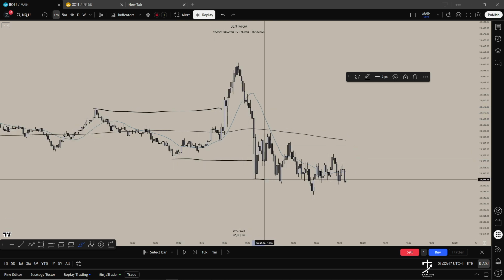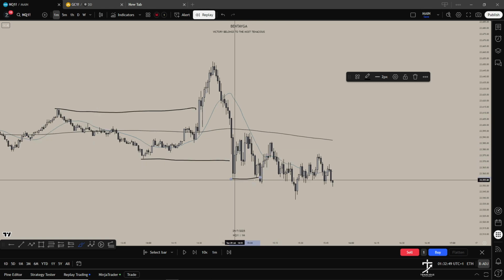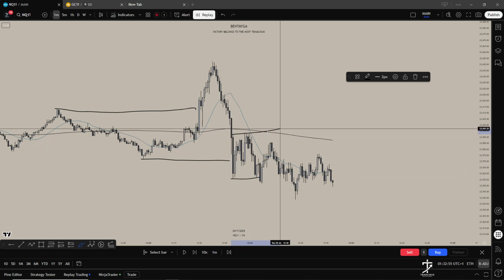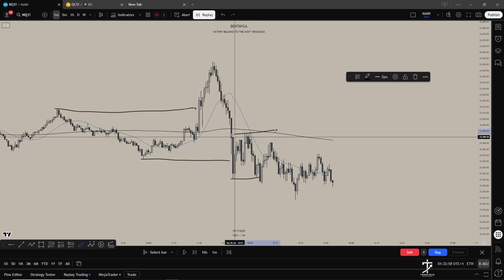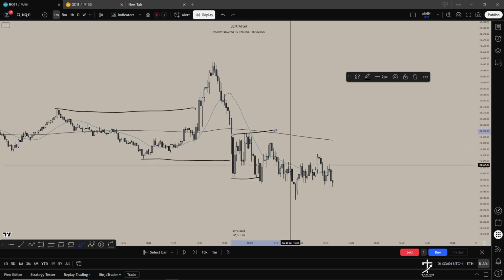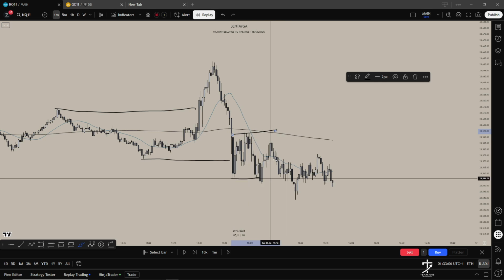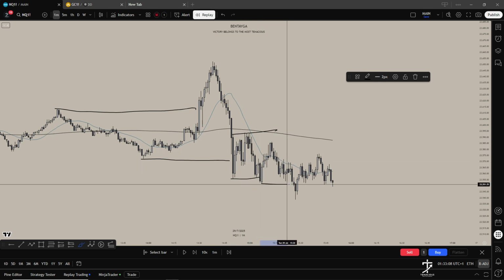Then we took out this low, but this low, some people say that this is an internal low. Why? Because this is not a validated swing low, where we haven't had price close above this swing low, so technically this is not a valid zone. So our most recent proper zone would be this zone here. So if I just rewind it back,